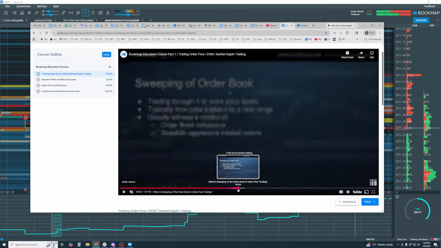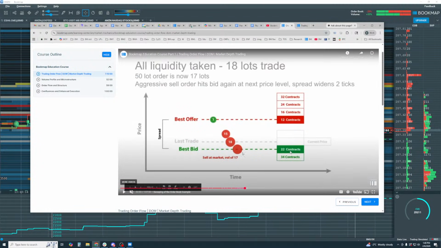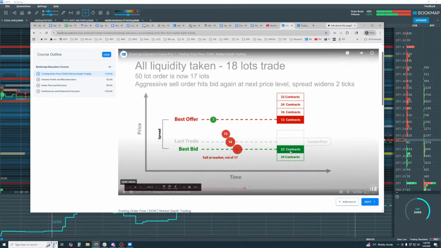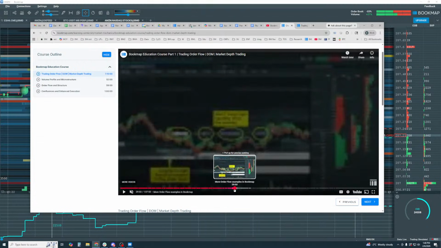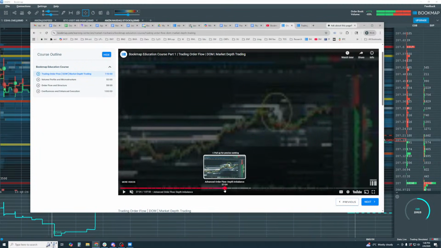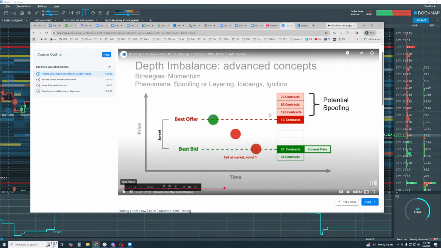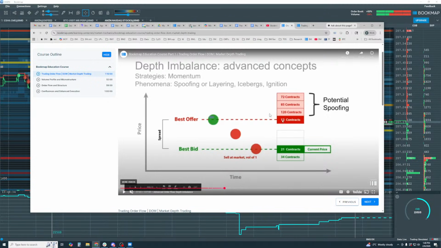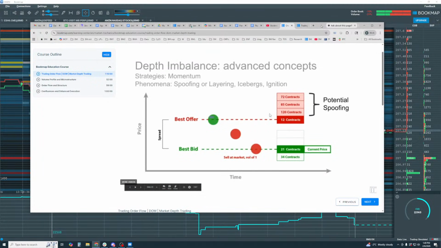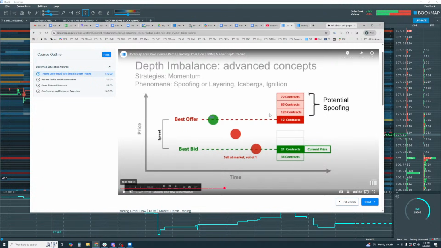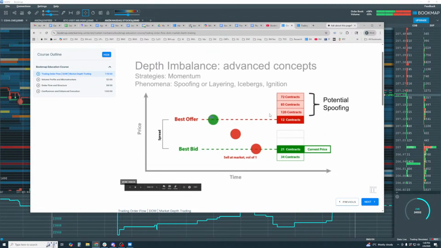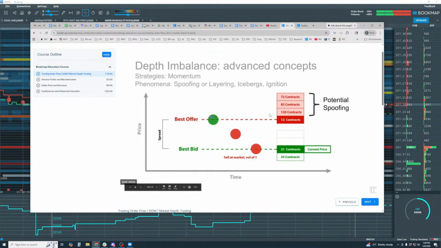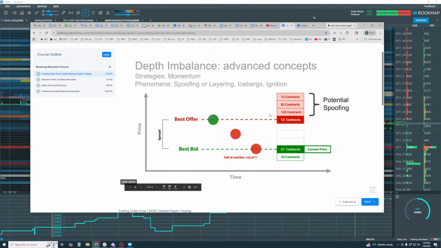Okay, understanding this in here, I've talked to veteran traders over the years, and a lot of them don't go into these kinds of details, like a sweep of the order book, or how price moves, an imbalance in the order book, and how it's a potential spoof, and how it potentially could move the market. Understanding these things, you'll see in Bookmap all the time, and you'll be able to add this back into your education and your way of trading later. I would say just watch this, keep an open mind, understand this stuff, and then you can bring it into your method of trading.